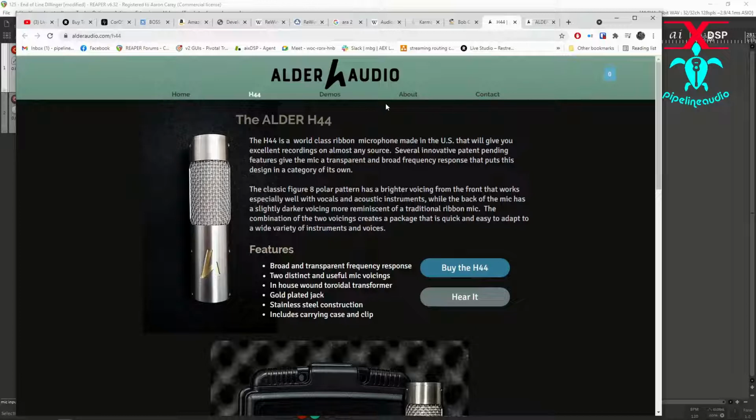The classic figure eight polar pattern has a brighter voicing from the front that works especially well with vocals and acoustic instruments, while the back of the mic has a slightly darker voicing more reminiscent of a traditional ribbon mic. The combination of the two voicings creates a package that is quick and easy to adapt to a wide variety of instruments and voices. So right off the bat, I'm going to say that because these are not quite symmetrical,